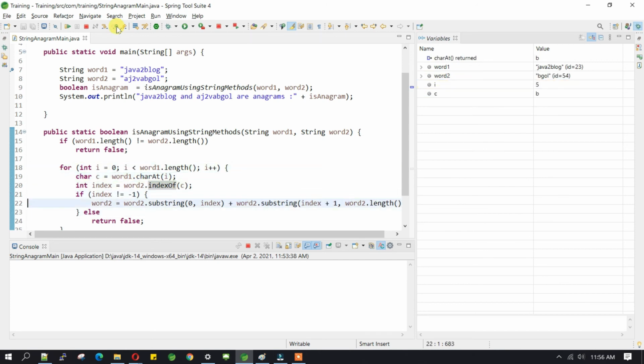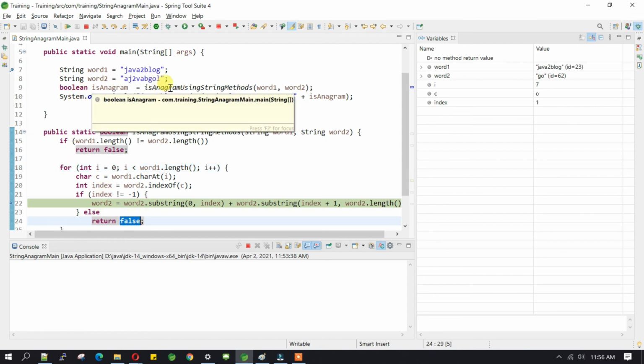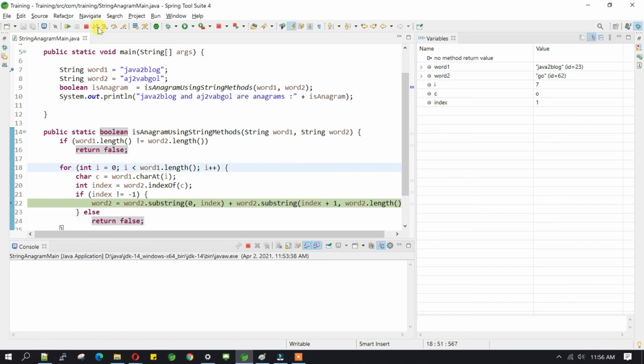If anywhere in between this index is returned as -1, then it will come out of this condition and execute the else condition, which is returning false, and if it returns false, this is not an anagram. So let's just complete this.